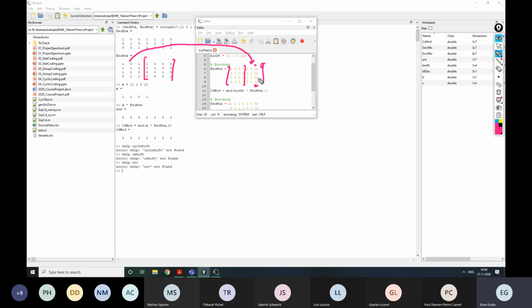We need to perform 2 cyclic shifts to get this second column. And then we need an extra 2 shifts to get to this one. So basically, each column is a generator polynomial shifted by some number. Once again, I will describe that in detail later, but for now you can just use these matrices and